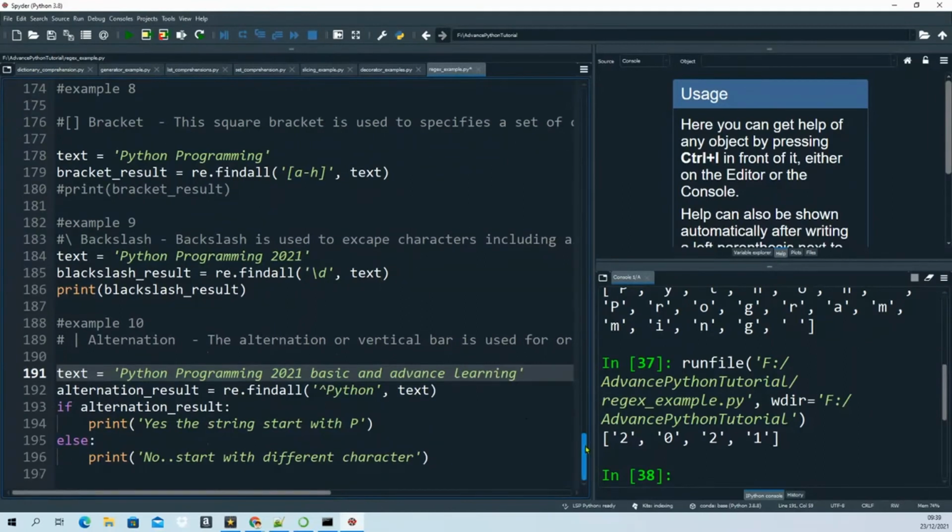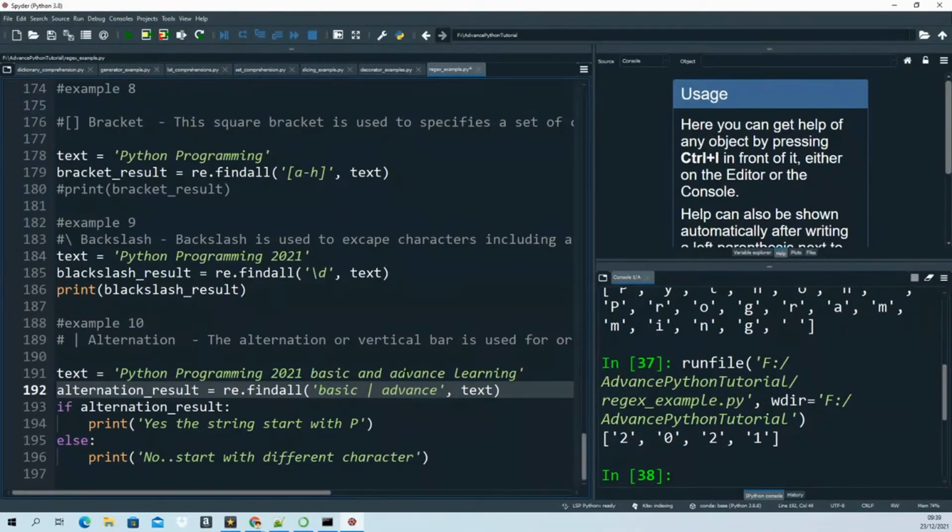So I just put the sentence here: Python programming 2021 basic and advanced learning. So if I check the alternation result, which is a find all, I'm just going to put basic, and the alternation sign is advanced,